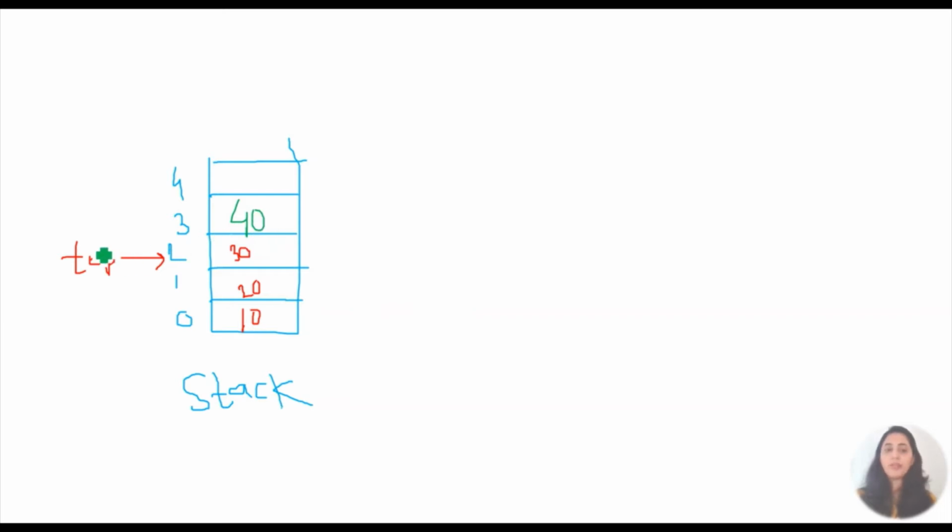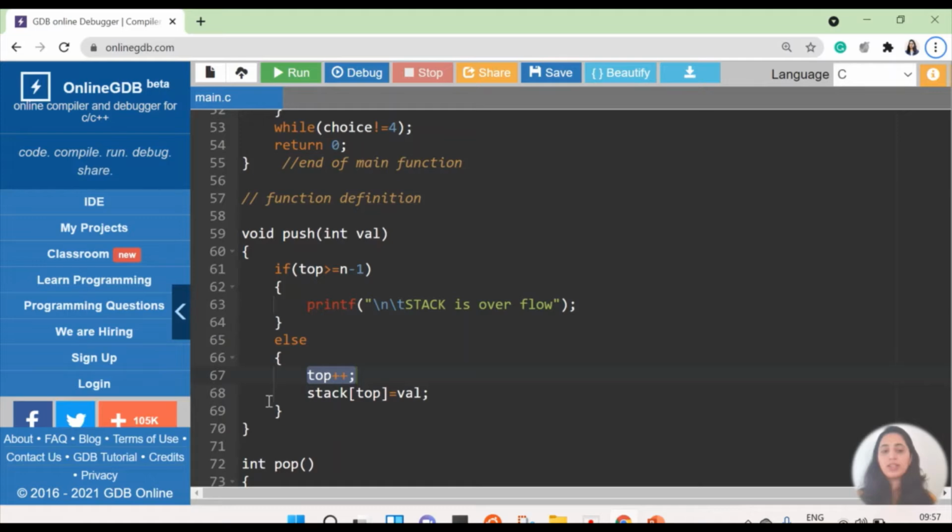First of all I will increment my top by 1. When I say top is equal to top plus 1, my top will start pointing to location 3, and this location has blank space, so I can say stack of top is equal to 40. So stack of 3 is equal to 40 in this case. As you can see in this line, stack of top is equal to value. Here I'm copying value 40 to the stack, as you see in line number 68. So the push operation is done.